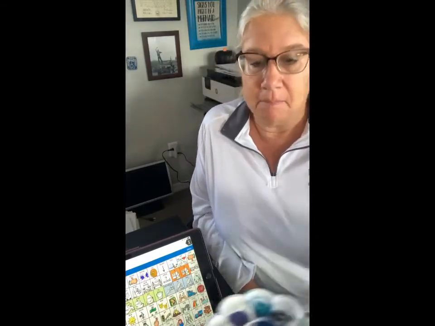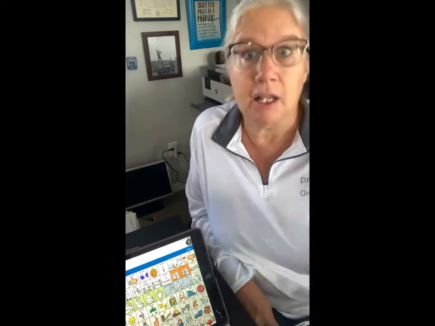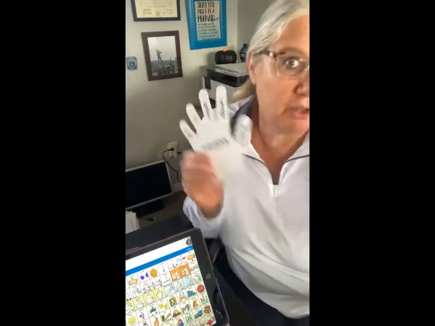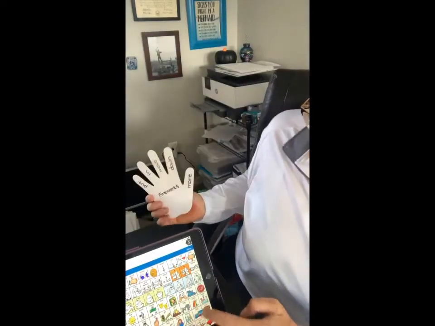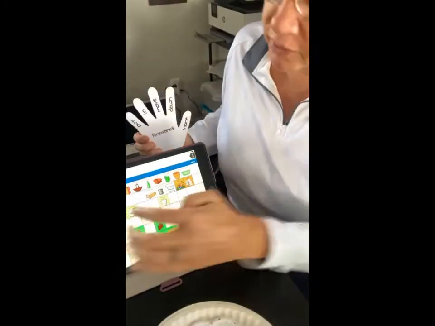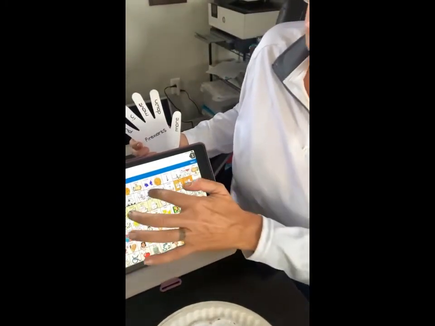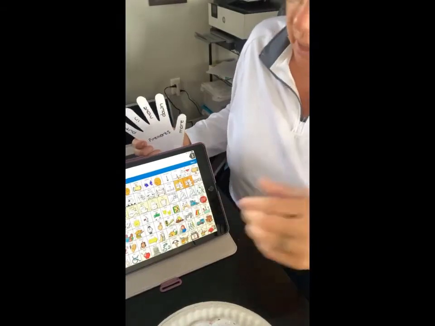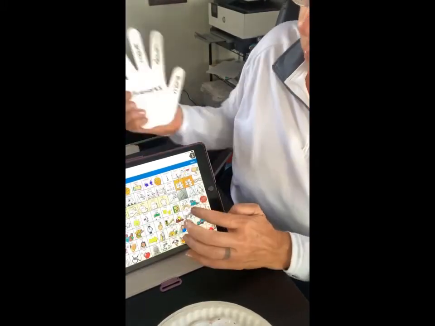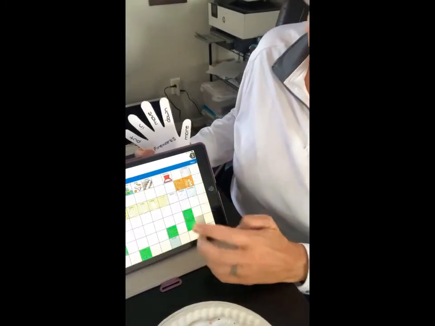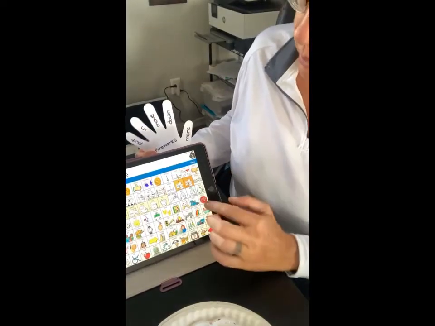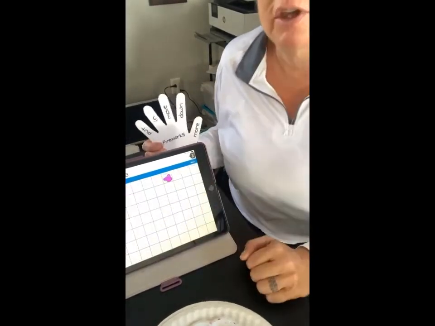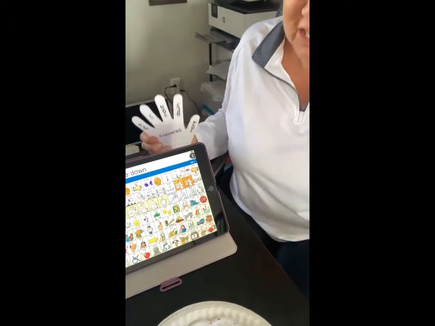But then you're also going to want to focus on things that will go with the activity. So for example, this activity, we're going to be painting with fireworks with a fork. So we're going to need to have colors. We're going to need to have red, white, and blue, if that's what the student wants to do. And then we can work on words like put and in. So I can model for the student ahead of time on their device where the different words are. So we have put and in, and we have more, and then we want to move this fork. And so we're going to find the word move, which might be a new word for your student, and then we're going to move that fork down.